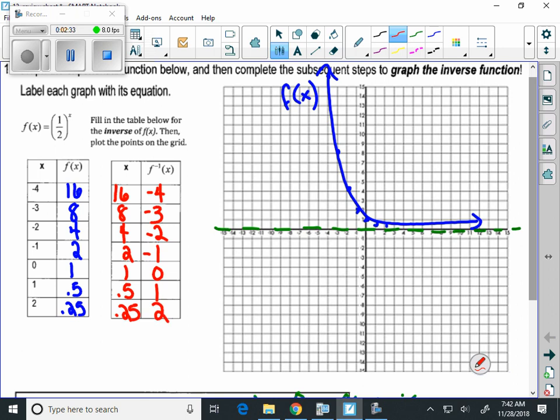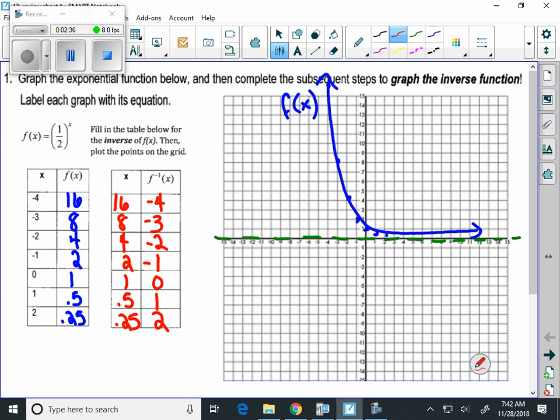And we graph that. So 16, negative 4, again, goes off the graph a little bit. But 8, negative 3, and 4, negative 2, and 2, negative 1, and 1, 0, 0.5, 1, 0.25, 2. In our picture, it looks something like this. I'm a little bit off, but you get the idea here. And actually, this graph, the red graph, which shows our inverse function,